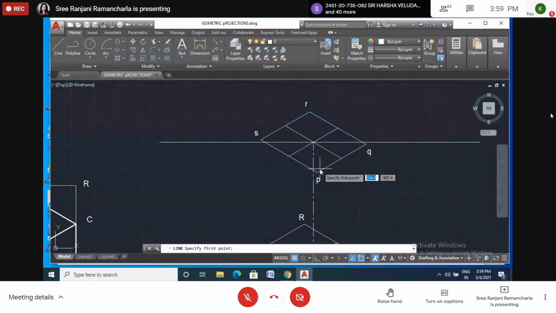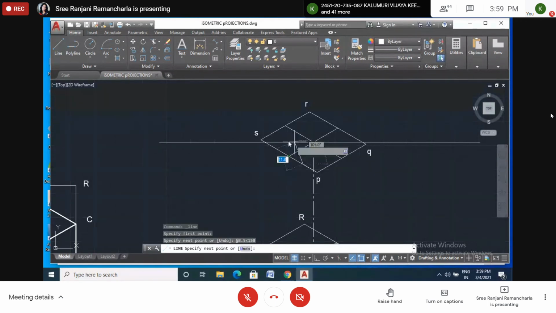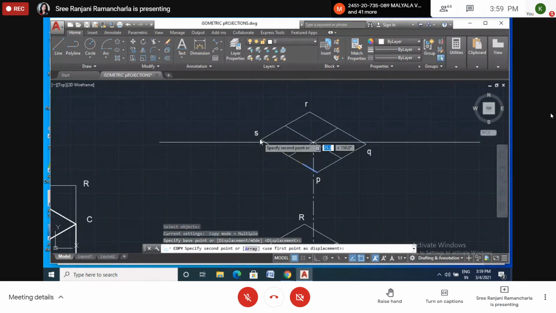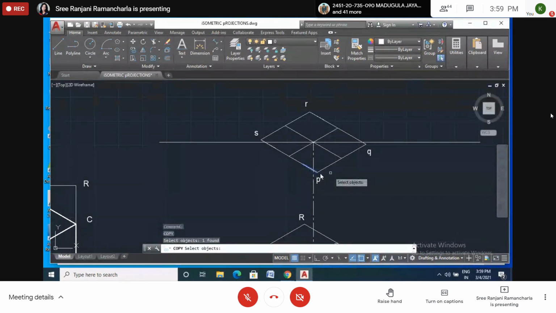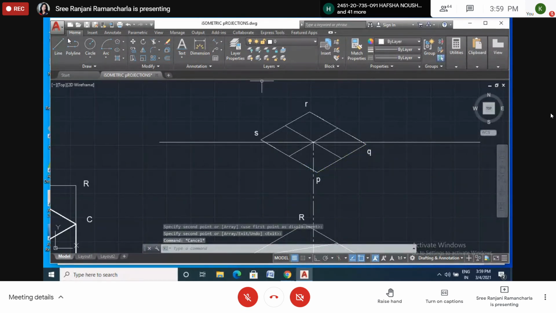So at the rate 8.5 less than 150. Enter. So we got one point. Just we'll copy this one, all sides. Copy. Enter. Displacement point here. Here. Okay. And I want to copy here also. Copy. Displacement point here. And copy. Now we'll construct the hexagon.